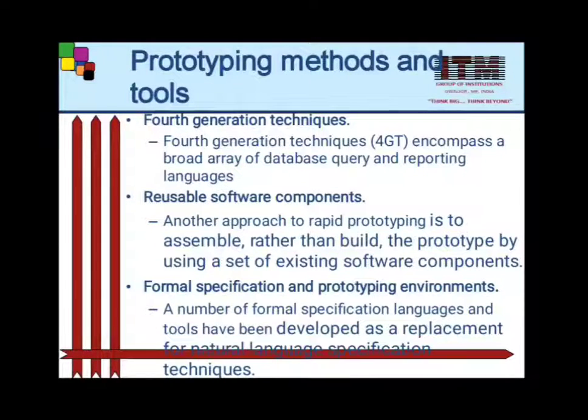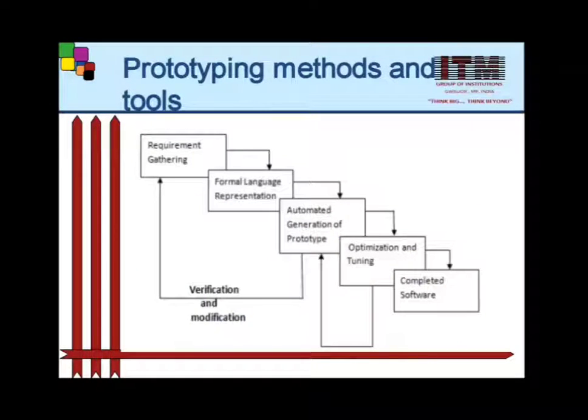It also invokes automated tools that translate the language-based specification into executable code, and it enables the customer to use the prototype, which is the executable code, to refine the formal requirements. So many specification languages are being coupled into the interactive environment in an effort to achieve an automated software engineering paradigm, which is shown in this figure.